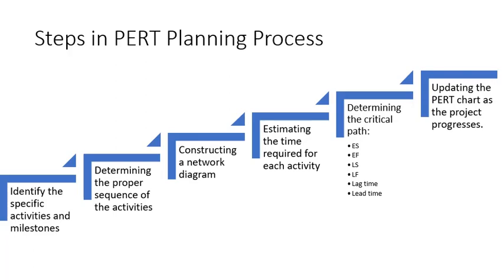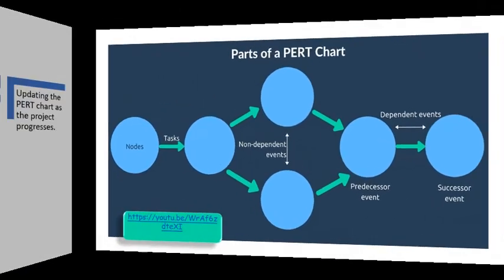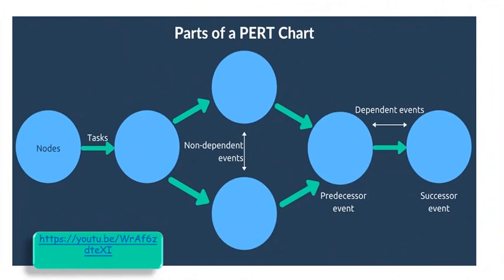We'll just quickly run through the parts of PERT chart so that you get a better idea. So here these are referred to as nodes. So ये जो है, these are the start. This is referred to as an event. ठीक है. ये जो है ये tasks है, that is the activities. Now the start or the end of this activity is referred to as node.